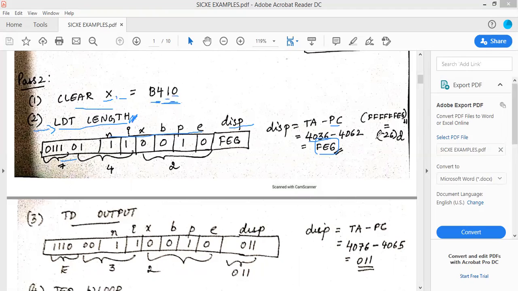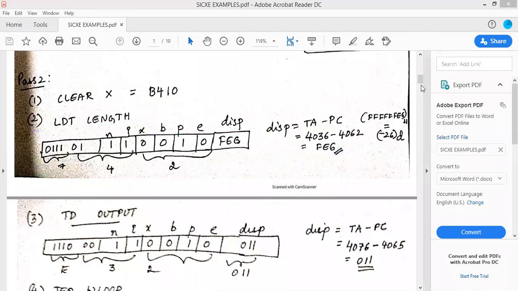If you want to check that it is in the range of PC, you can convert it into decimal. Definitely it is in range, so you can write it as FA6. As I said, if you get a big number, just take the last 3 hex digits. Now what about TD?